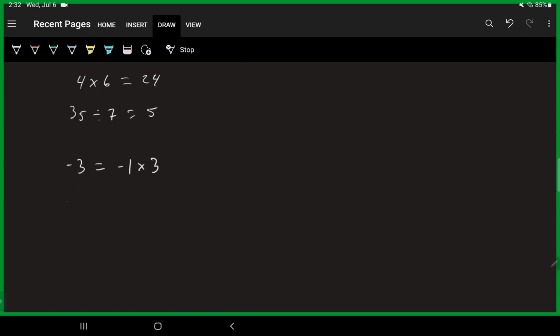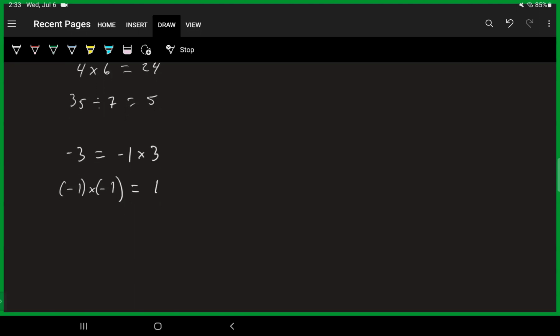This -1 here, if I multiply it by itself, -1 times -1, let's put some parentheses around there so we can be a little bit more comfortable. This is a common trick, putting parentheses around numbers to make sure that we are paying attention to our signs. It always helps me out, especially if I'm in a rush. It slows me down just a little bit. But -1 times -1 is going to be a +1. And that right there alludes to the overall theme for multiplying and dividing integers.